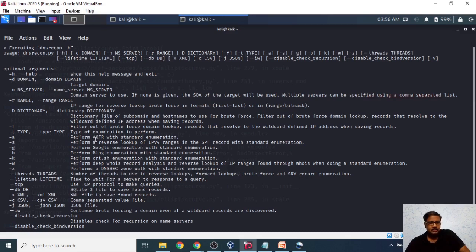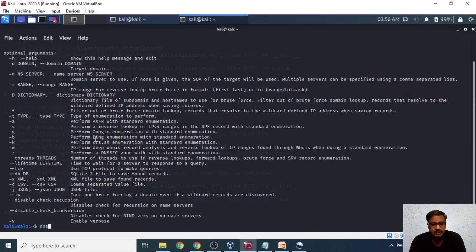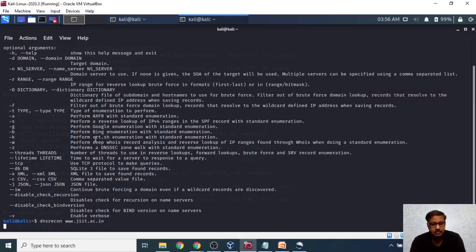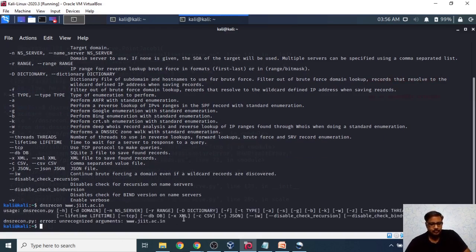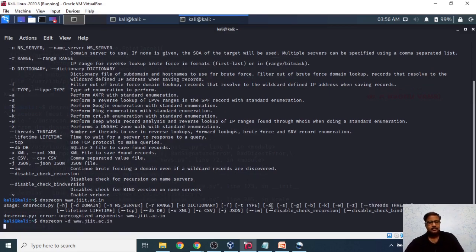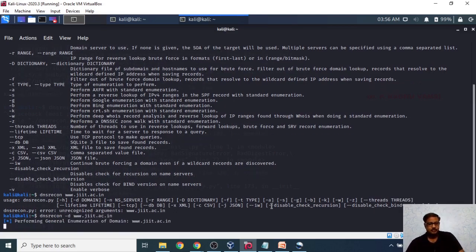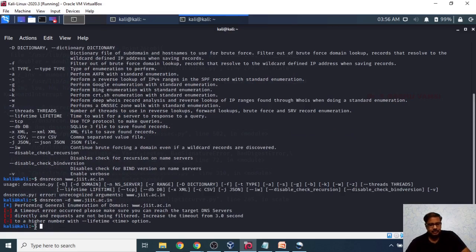These are the things here. dnsrecon with -d for the domain, www.jit.ac.in. Performing general enumeration. That means the server is not accepting any requests for getting information about this domain.